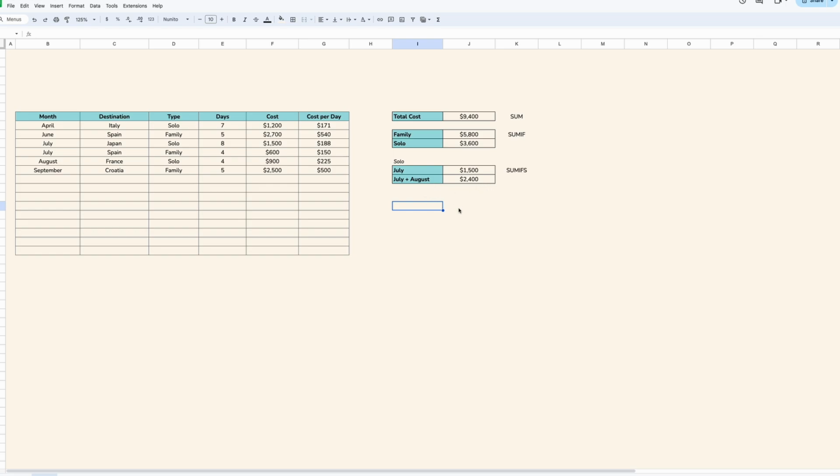So this is the basic of SUMIF and SUMIFS formula and how you can use them to calculate based on single